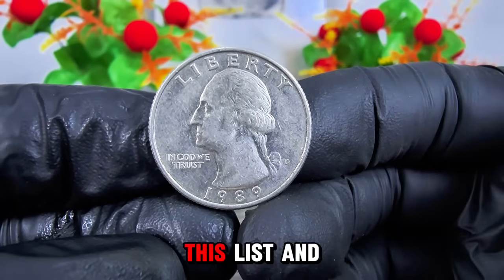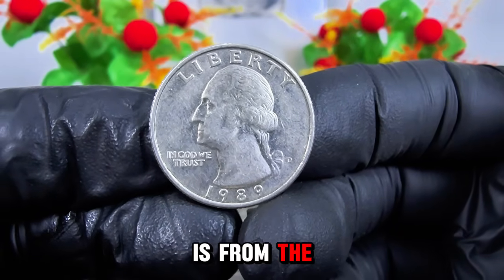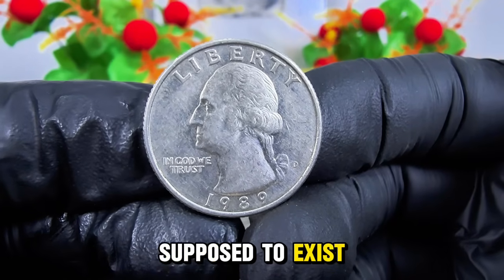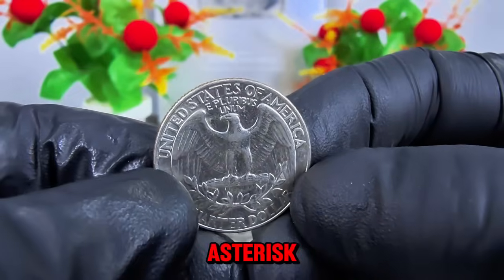We're halfway through this list, and the values are only climbing. The next coin is from the year 2004, and it caused a frenzy when collectors realized it was never supposed to exist. One tiny design mistake sent its price soaring above